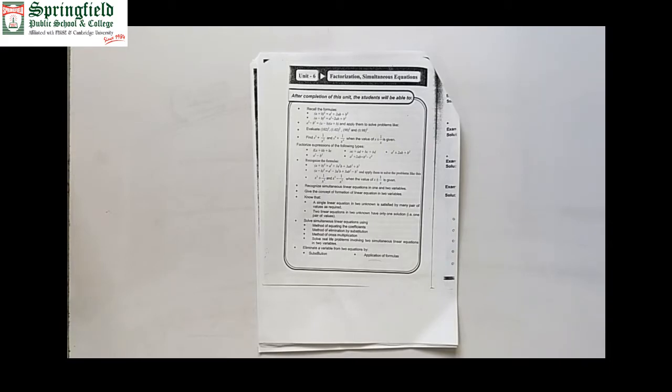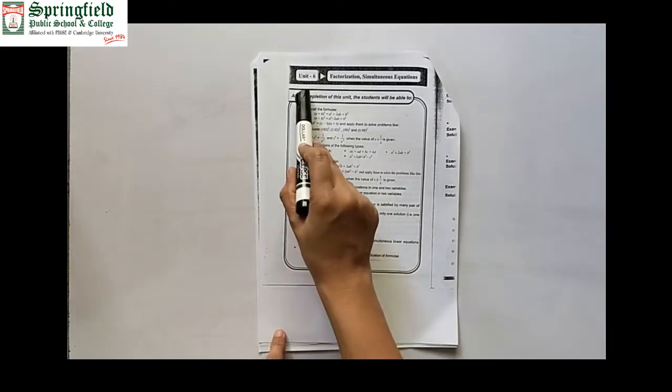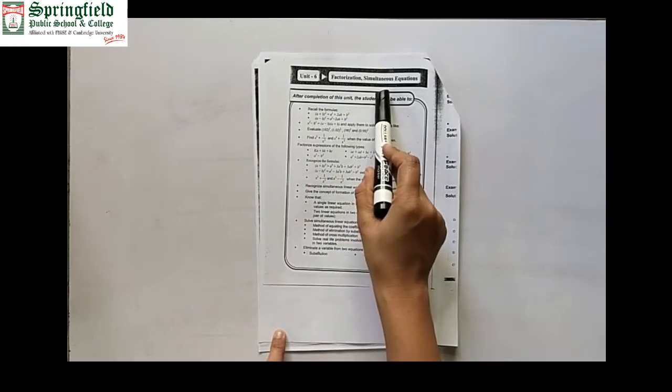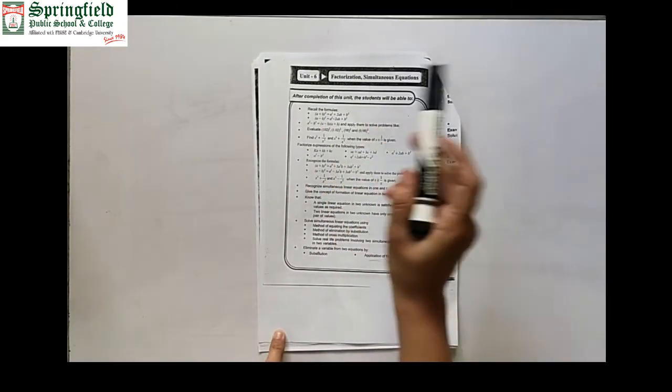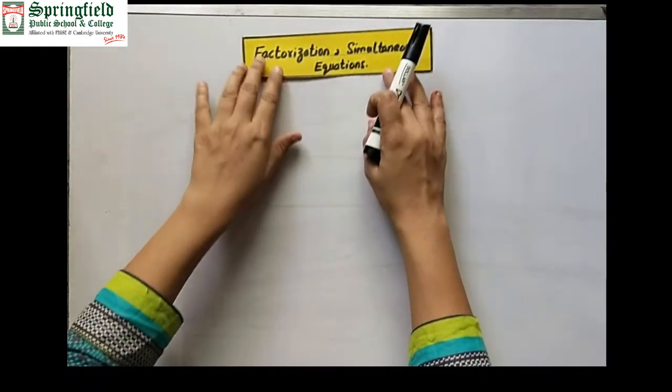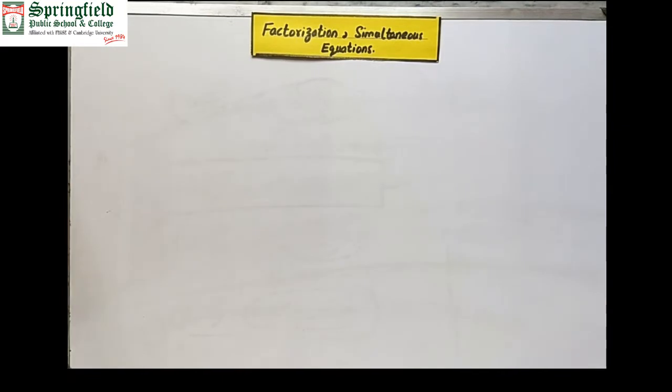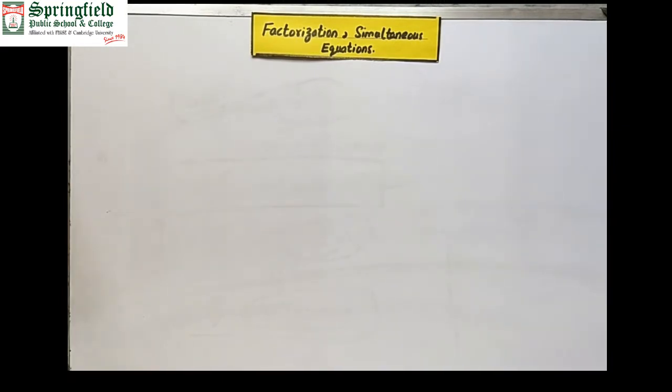Okay beta, in this assignment we are going to solve chapter 6, and the name of chapter 6 is factorization and simultaneous equations. So beta, factorization and simultaneous equations, this is the name of the chapter. And factorization means to find out the factor of any expression. Fine. And the simultaneous equations mean